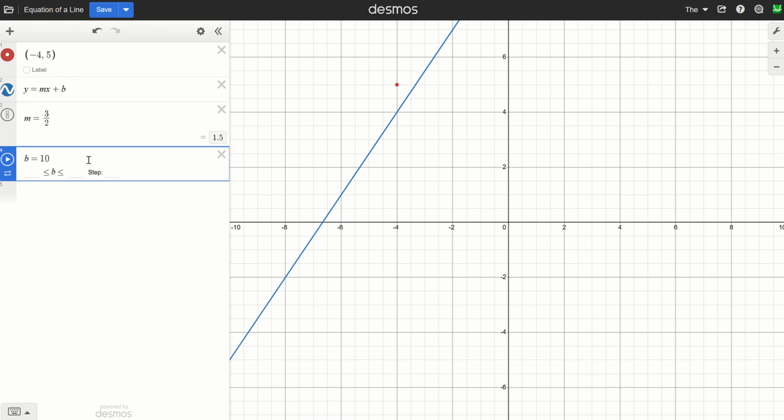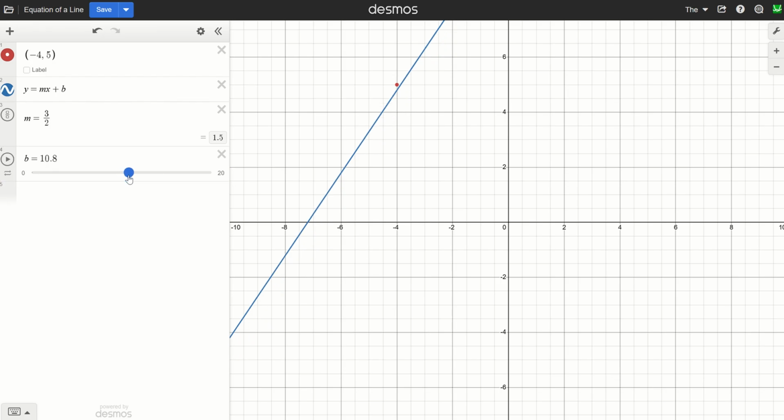So if I click in this box next to that 10, I can change the range of this slider. So I'm going to say from 0 to bigger than 10, I'm going to put 20. And if I click off of it, notice that the slider has a larger range now. I can keep sliding. And I'm going to go straight through the center of that ordered pair, and the value